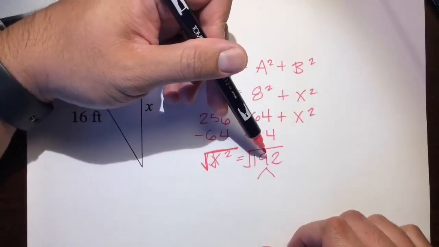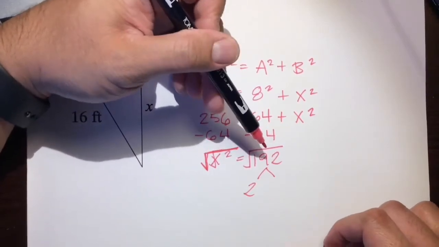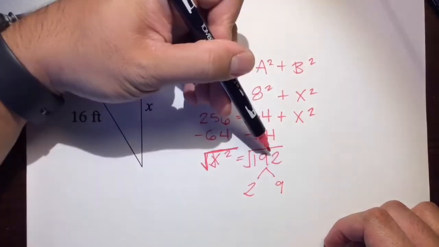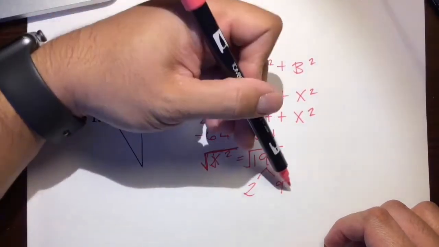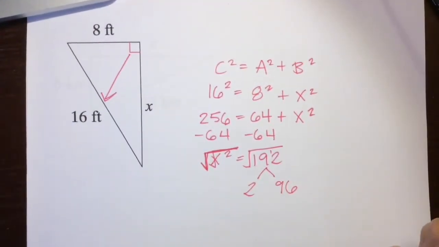192 is an even number, so it's divisible by 2. And what's half of 192? Well, 2 goes into 19 9 times, and the remainder is 1. So 2 goes into 12 6 times. So 2 and 96. If you didn't follow my short division, not long division, but short, just use a calculator